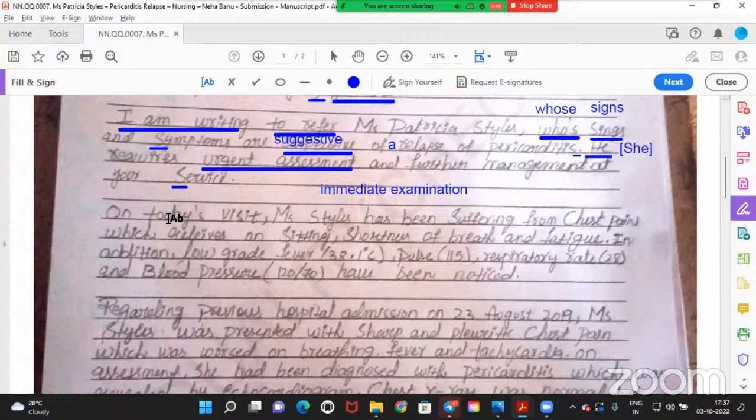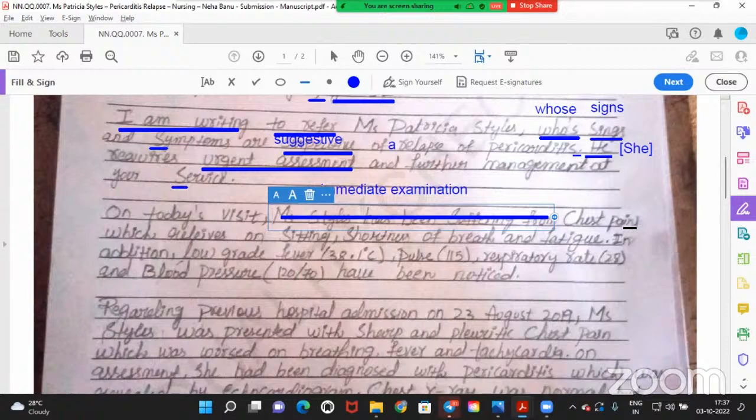On today's visit, severe chest pain. No need, Miss Stiles has been suffering. Don't use the word suffering. And no need to repeat Miss Stiles, not compulsory. On today's visit,